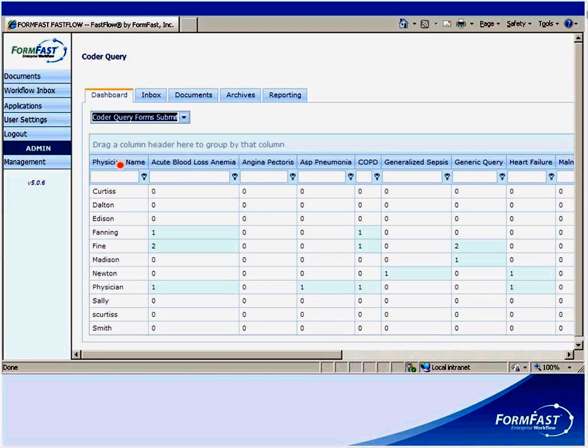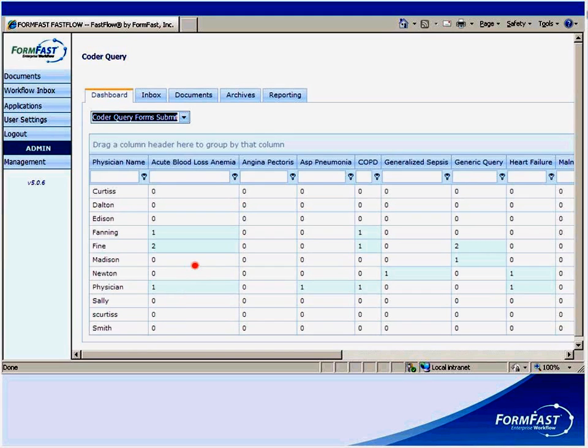It shows the physicians, along with a list of documents across the top. Each of these documents pertains to a particular treatment class, so I see right away if physicians are submitting a lot of these. Anything that has a number greater than 0 is going to highlight. I can quickly look across this and see if there are a lot of submissions under acute blood loss anemia,